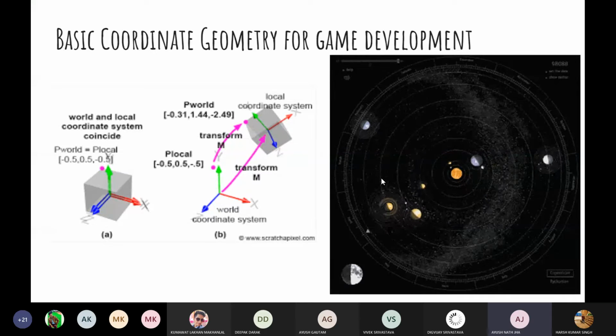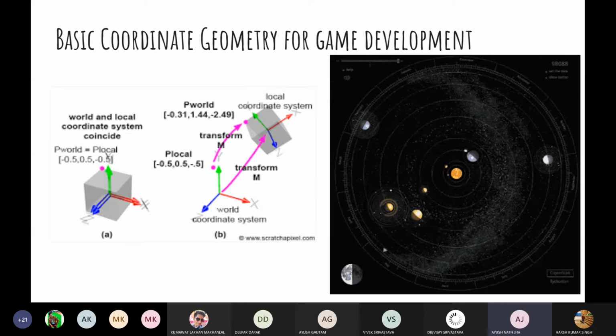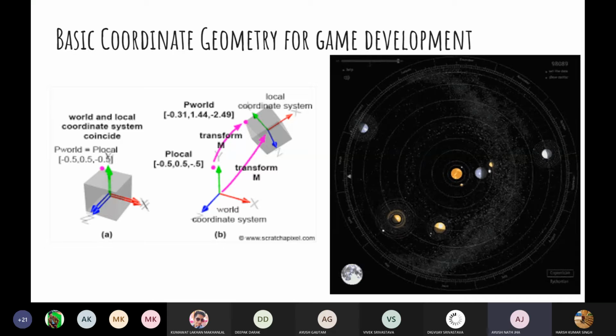So see, world coordinate system and local coordinate system. Let's say we are taking the example of the solar system. Let's say the universe doesn't exist, and the only space that exists is the solar system. Beyond the solar system nothing exists. So for us, the solar system is the world. Now, in the solar system, what is the midpoint? What is the reference point in accordance to which we define everything else? It's the sun, obviously, because the sun lies in the center of the solar system.